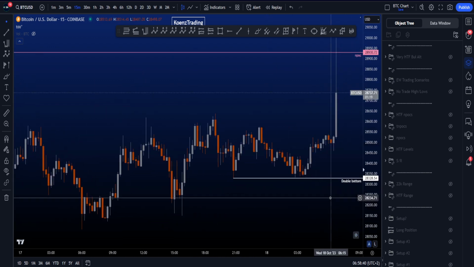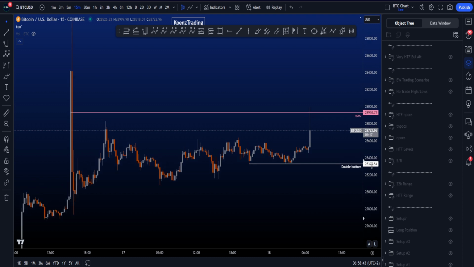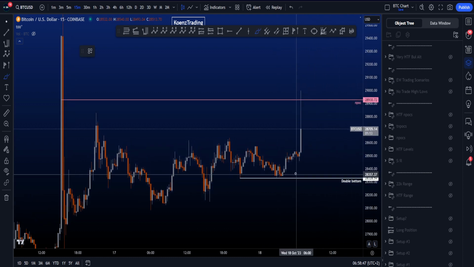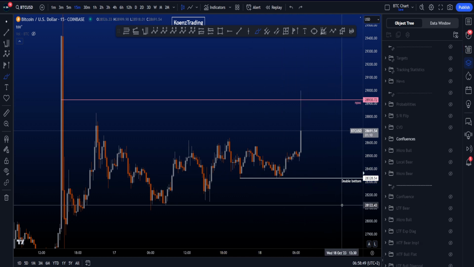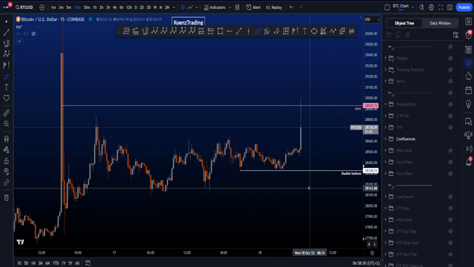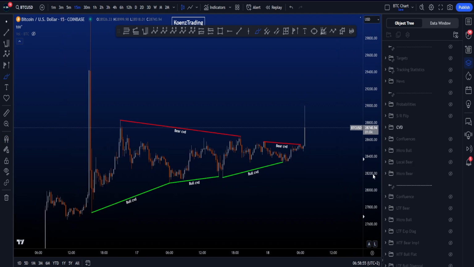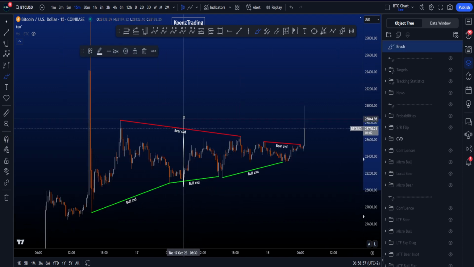So currently, as you just saw, price actually hit this level and has a bit of a rejection. Very nice indeed. And below price, we do have a double bottom at 28.328. If we look at the CVD divergences, another interesting reason to look for a bit more upside